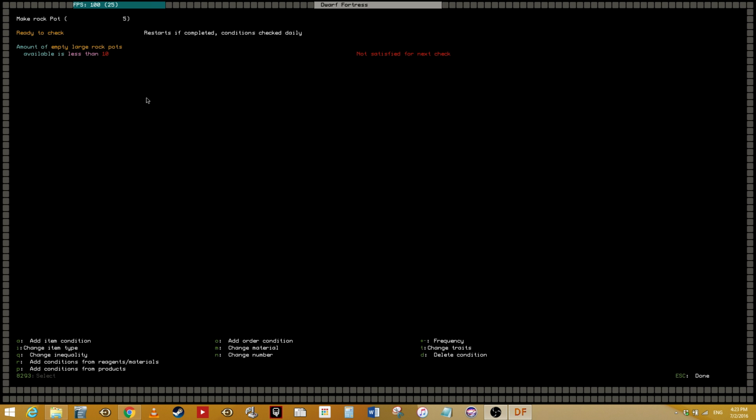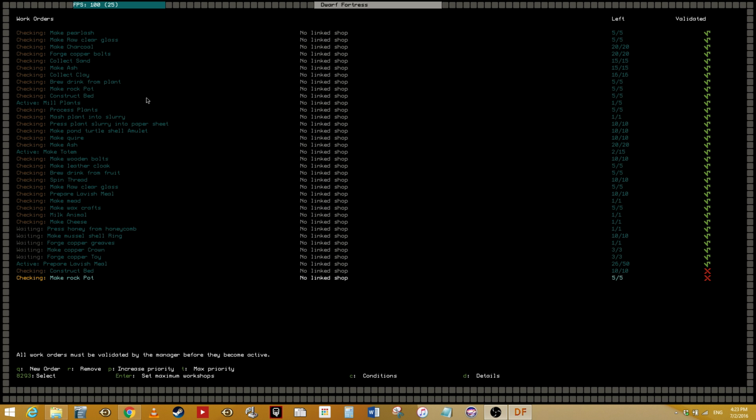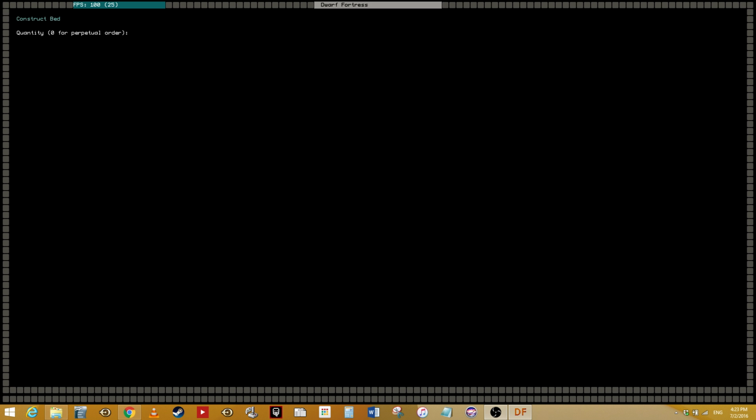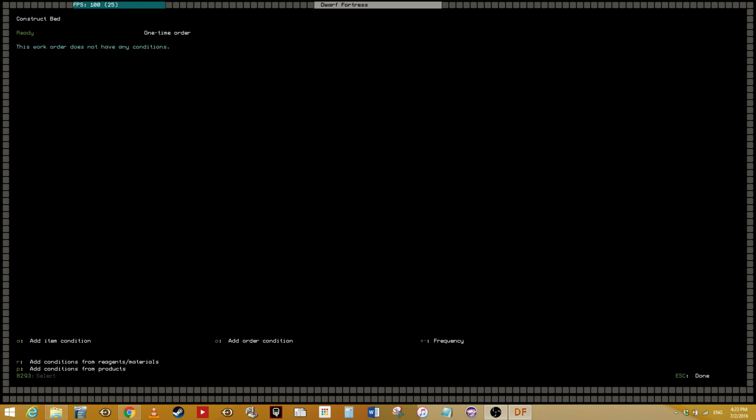So one thing to watch out for is if you make a zero order or a perpetual order and give it a condition. So if I add a condition here, products, alright, if the amount of beds is at most 10, make beds forever. So what this will do is